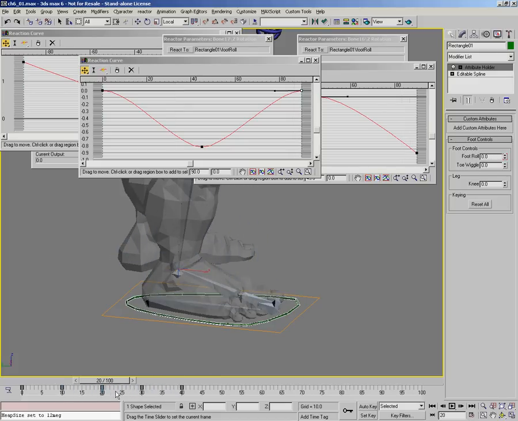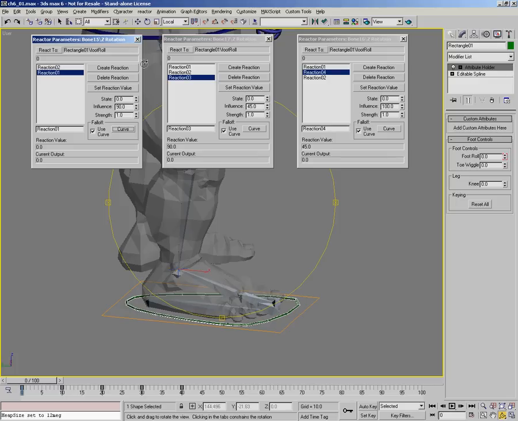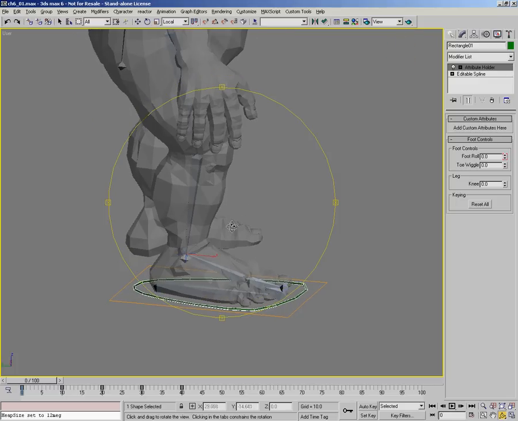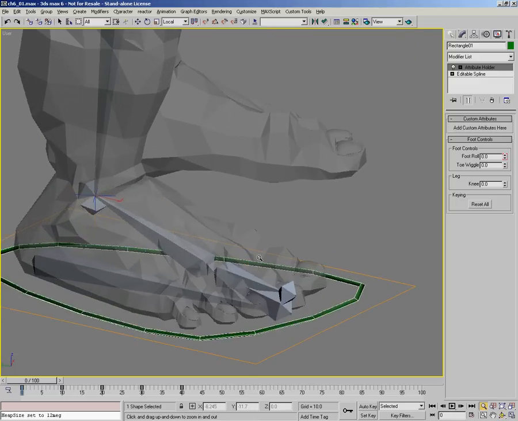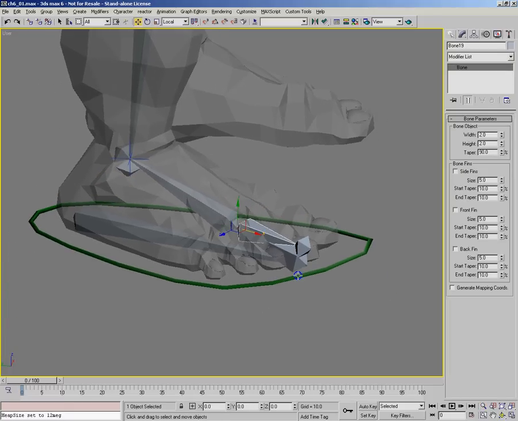You can even make further changes by overlapping the reactions so that the ball roll is still continuing as the toe roll goes up in a positive fashion. You can actually blend them together really nicely this way. We don't need any more of the reaction controllers because we've set all this up. We can go about setting up the toe now,